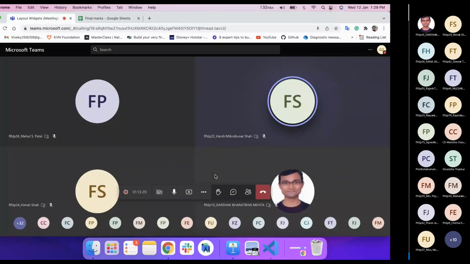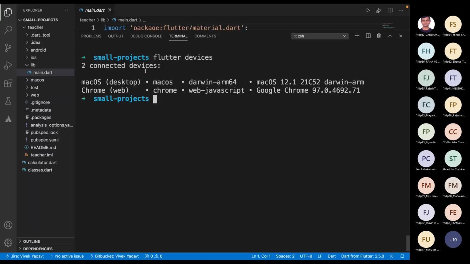Okay, sorry guys. So in flutter devices we got two devices. One is macOS desktop and one is Chrome web. That means we can run our Flutter application on these two platforms.